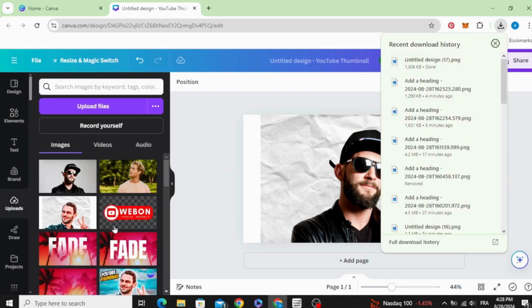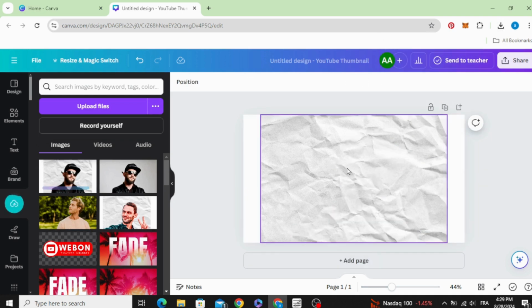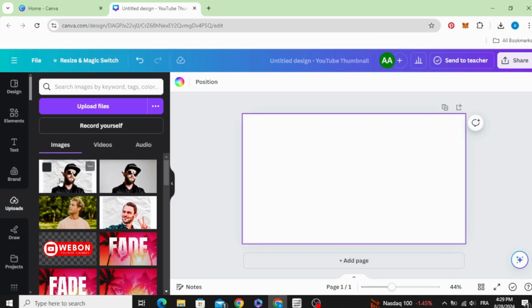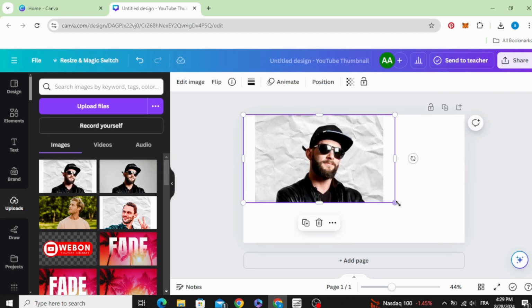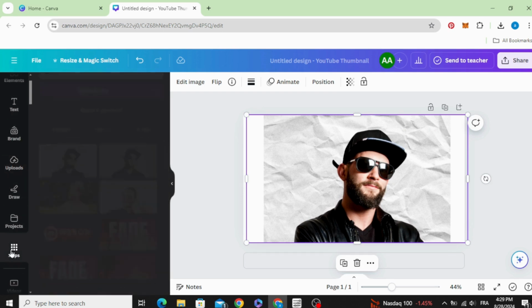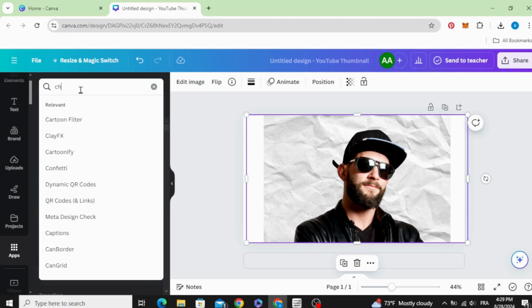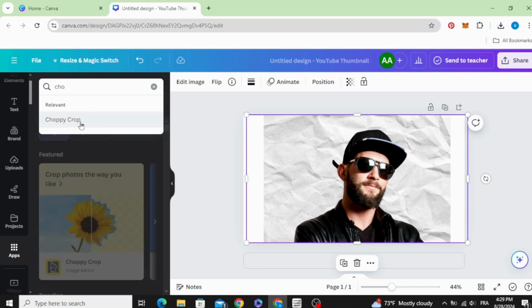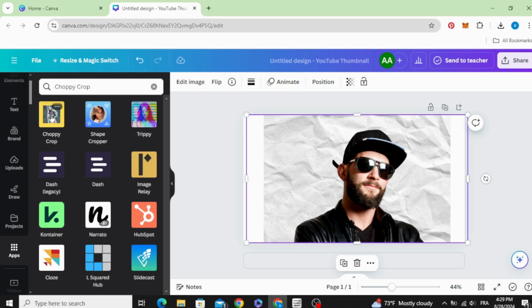Upload it. Let's delete these images. Drag it to the design. Let's increase the size. Go to apps and type Shopee crop. Choose this one